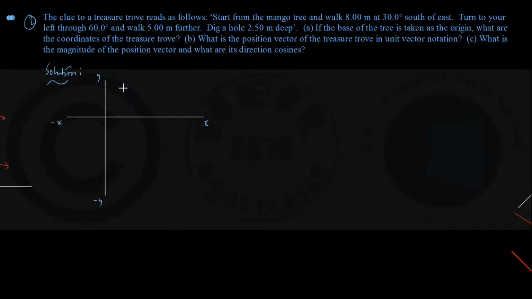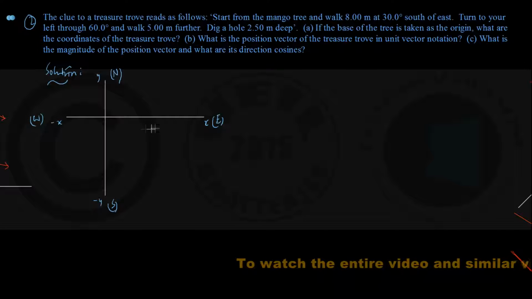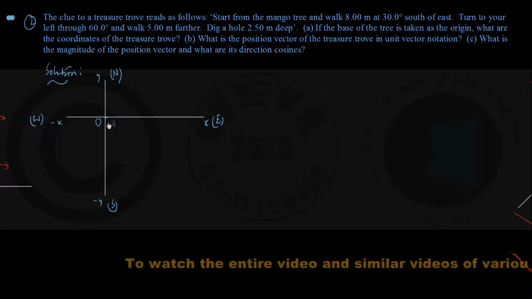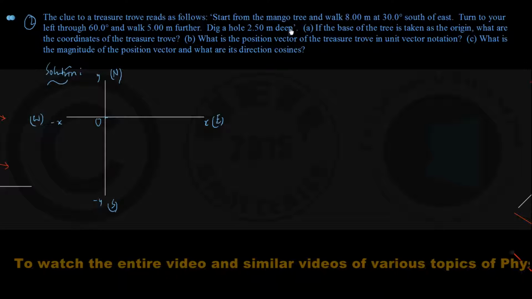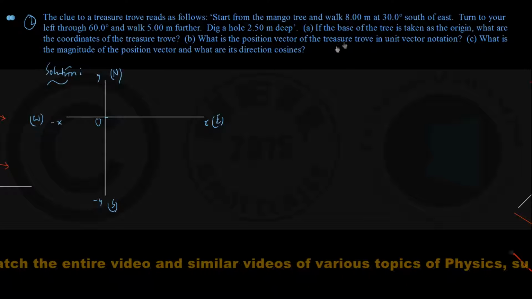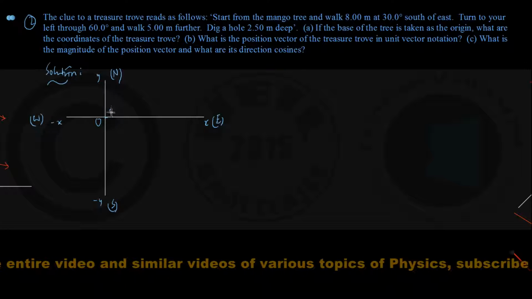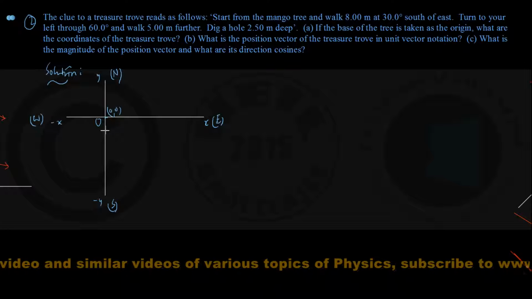On a horizontal plane, we take the plus y direction to be the north direction, the minus y direction to be the southward direction, the plus x direction to be the eastward direction, and the minus x direction to be the westward direction. And they have already said the origin coincides with the foot of the mango tree from which the search begins. So taking this mango tree's base at the origin, whose coordinates are 0, 0,